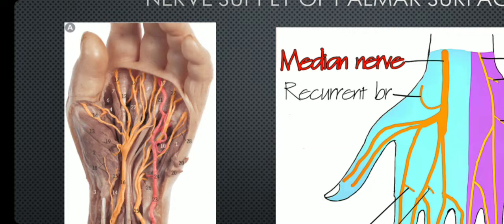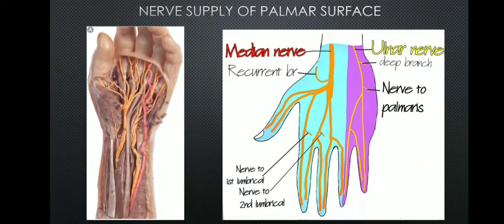Now basically the branches of the superficial terminal branch and the deep terminal branch of this ulnar nerve go like this, whereas the superficial terminal branch innervates the palmaris brevis muscle, and the two palmar digital nerves of the cutaneous innervation supply the medial 1.5 fingers with their nail beds, as you could see in the image. Here the ulnar nerve supplies the medial 1.5 fingers along with the nail beds. This is the palmar aspect of the hand which is innervated by the ulnar nerve,